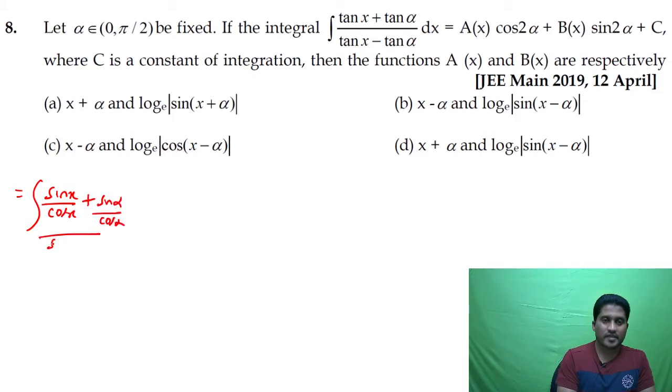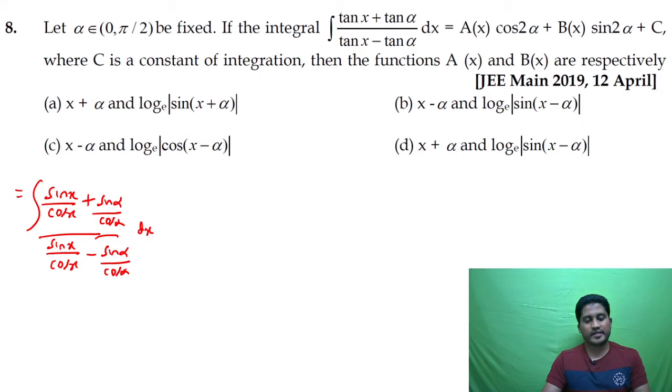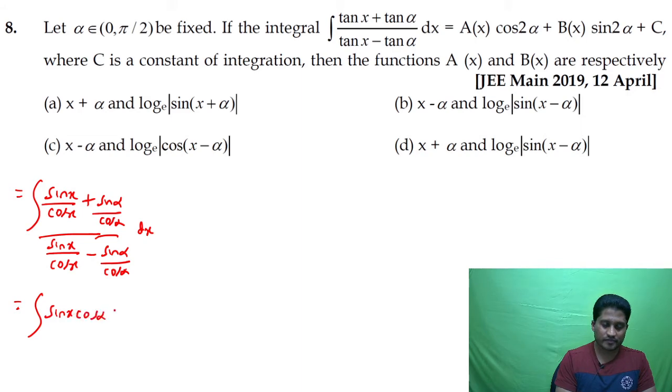Okay, again this can be written as sin x upon cos x, and tan alpha can be written as sin alpha by cos alpha. You take LCM as cos x into cos alpha, obviously it will get cancelled. I skip that step. I cross multiply. This is sin x into cos alpha plus cos x into sin alpha upon sin x into cos alpha minus, if you cross multiply, you get cos x into sin alpha.